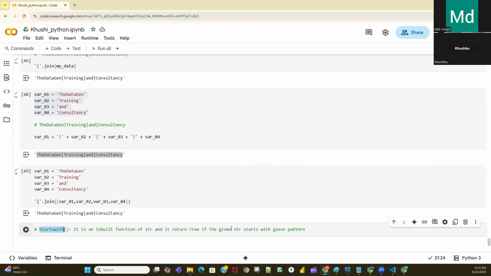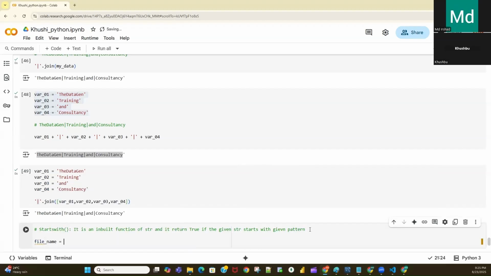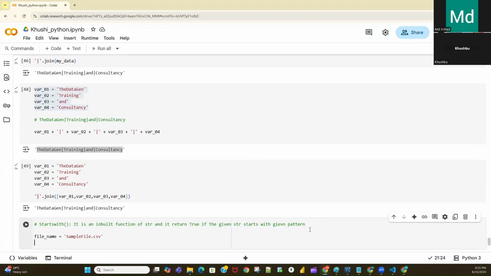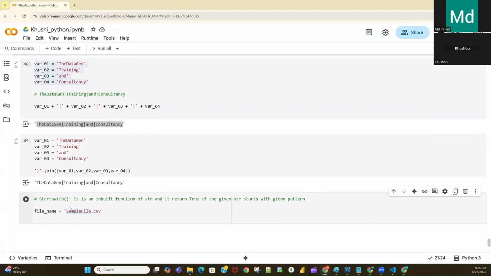So we have, let's say, a string. For example, let's say I have this string file name, something like file name equal to, let's say, sample file dot csv. I need to check whether this file is starting with sample or not. So for that, I will write file name dot startswith function, and inside this I need to pass the pattern.